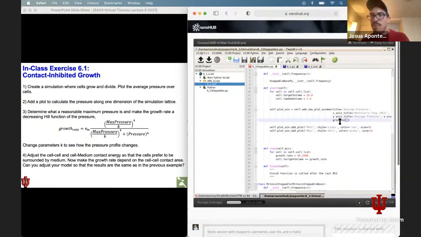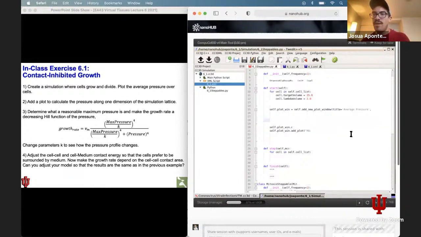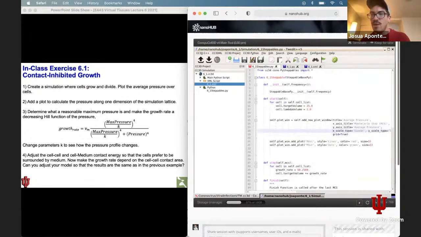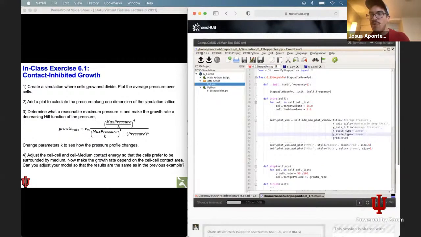People were asking in the homework how to turn on the grid if they wanted to. And in the previous lecture, I also had a snippet of code that allows you to turn on the legend of the plot. I just don't know it by hand right now, but I can get it a little bit later. We're going to call this average pressure,